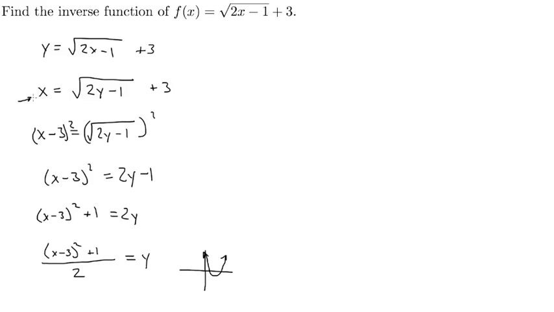So based on our very first line right here, we know that the smallest value that x can be is 3. In fact, it can equal 3. When our square root equals 0, x will equal 3. But then for different y values, this is going to become a positive number, so we'll add that to 3 and get x to be a value bigger than 3. So what we need to do here is specify that x is bigger than or equal to